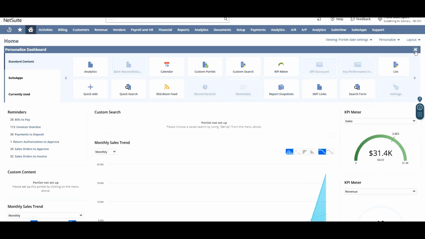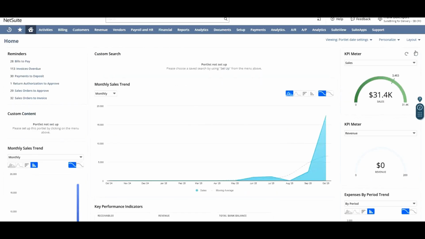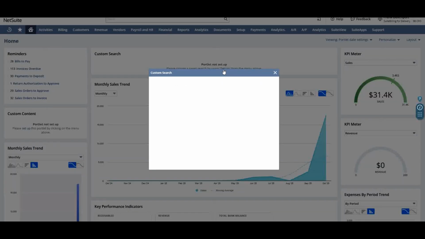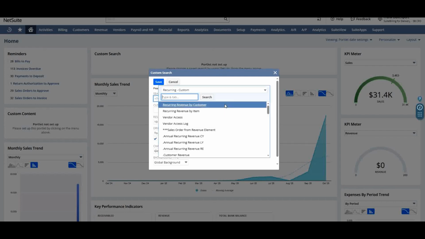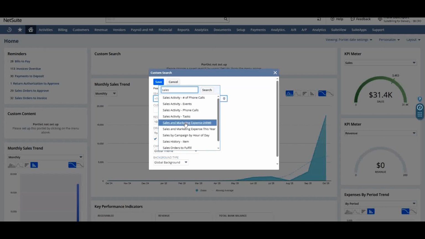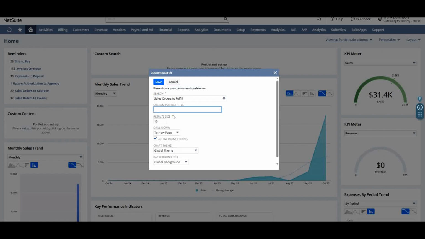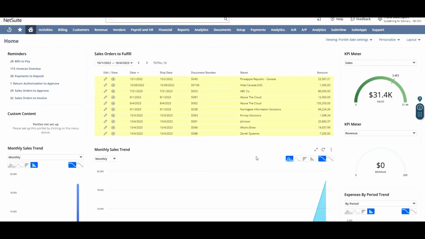Now that it's added, I'll close the Personalize panel and click the Setup link on the new Custom Search portlet. This shows me a list of saved searches I can choose from. Let's scroll down and I'll pick a sales order cash sales search. I can give it a custom title if I want, choose which results to display, and then hit Save. And there we go. I can now see my